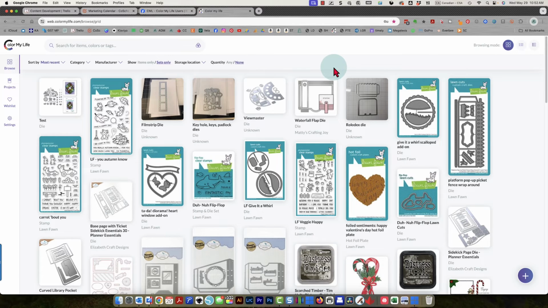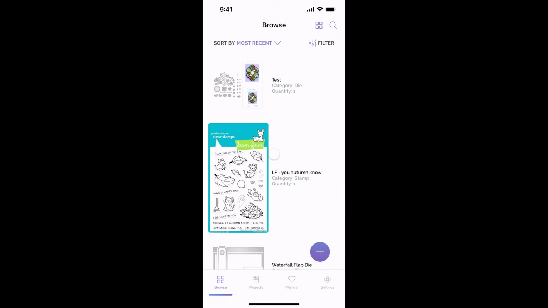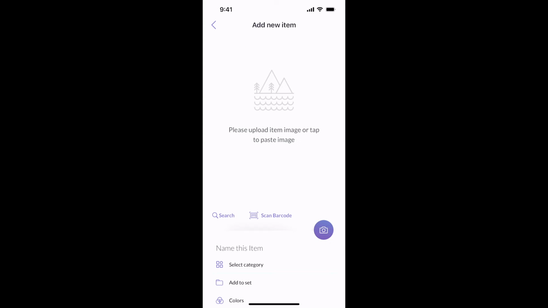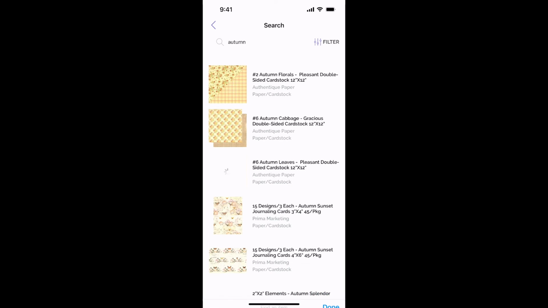So for the web version, in the app, when you tap the plus button, you can choose add item, and then you can either scan the barcode or tap the search button, and again the same thing. I'm going to type in the word autumn and search,